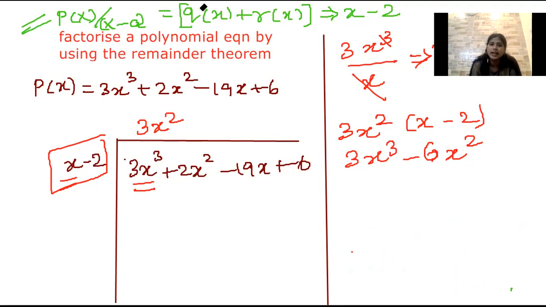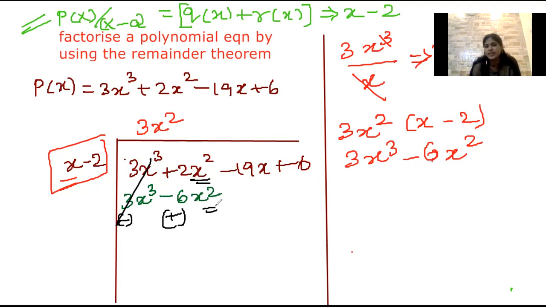Okay. So that I'm going to write it over here. Let me write it in the green color. Just a second. Yeah. So I have to write, after multiplying the quotient and the first term of the factor, you have to write it over here. That is 3x cube minus 6x square. Okay. And the next step is to change the sign so that you can deduce the equation. So if you do that, this 3x cube and 3x cube will get cancelled and you will be left with this 2x square and plus 6x square.